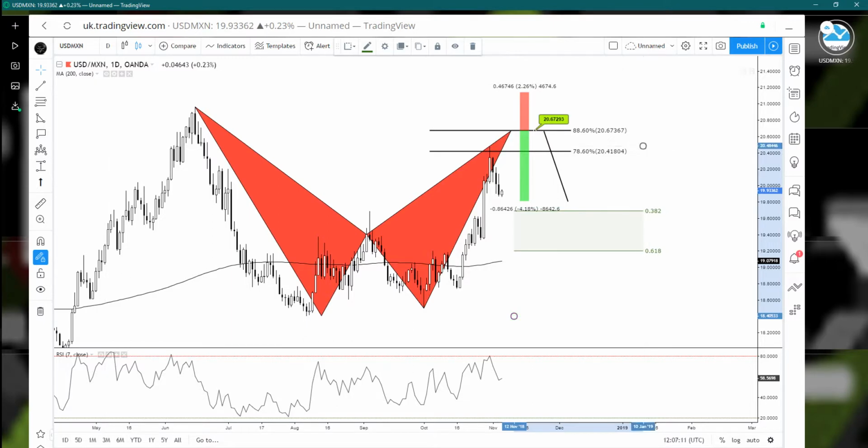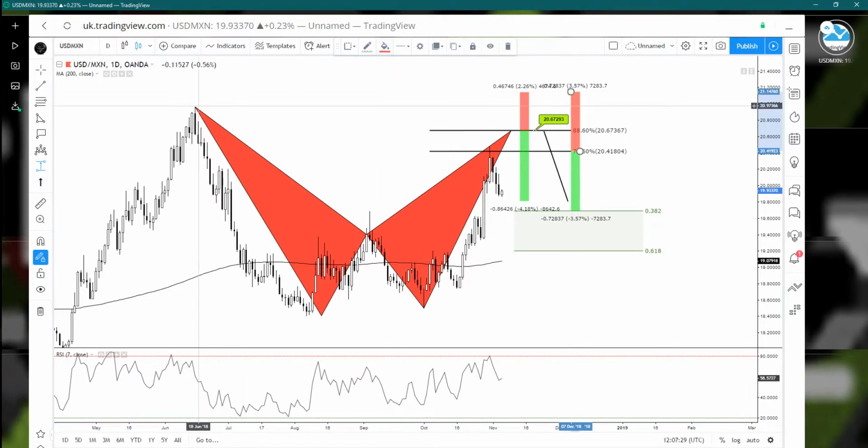From here, you have your reward, 3.67, and it will force you to use a one-to-one risk reward. If you don't respect these previous structure highs, they can hunt you down if you try to minimize your losses. So I admit, shorting the market at 78% retracement will force me to use a one-to-one risk reward approach,